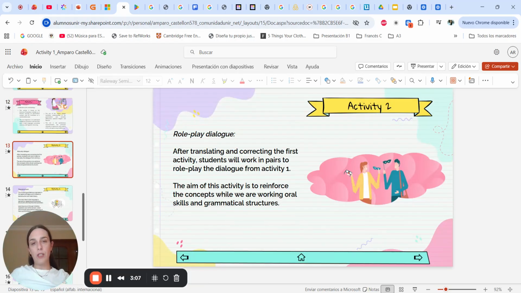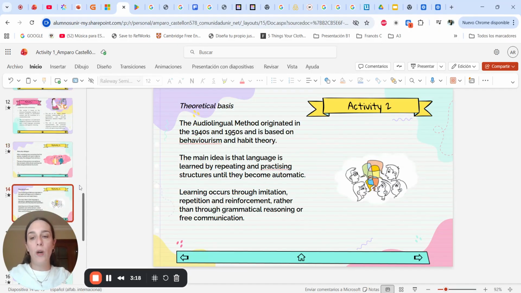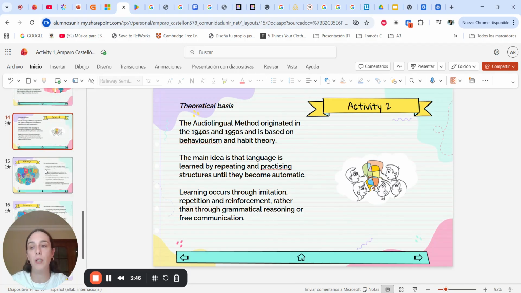So using the first activity, the dialogue in English, they are going to work in pairs, and they are going to act in class. So in this case, we are using the audiolingual method that appears in the 1940s and 1950s, and it is based on behaviorism and habit theory. The main idea is to use the language, and in this case, learning occurs through imitation and repetition of